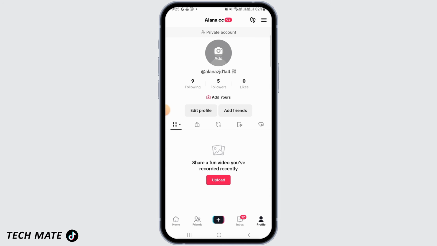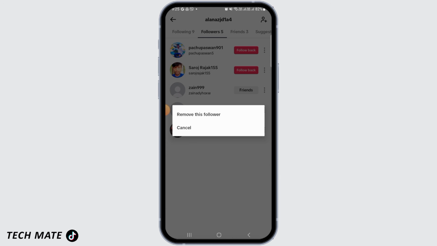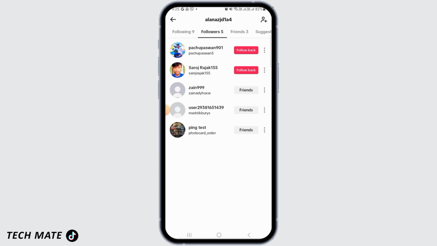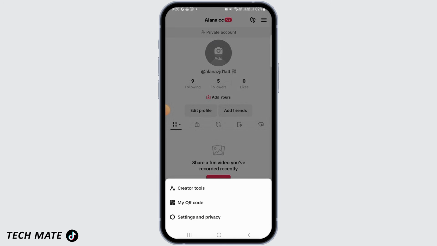After that, if you want to delete all of your existing followers, then simply tap on followers from here. Now you can obviously delete it from here by tapping on remove this follower, but you will have to do this one by one. If you want to delete all of them all at once, or if you have many followers and you cannot do this manually, then you want to head back and tap on these three lines again,